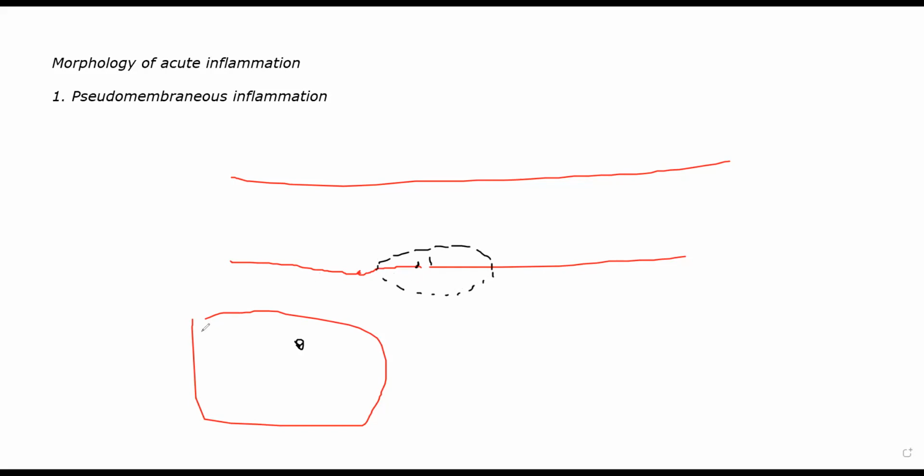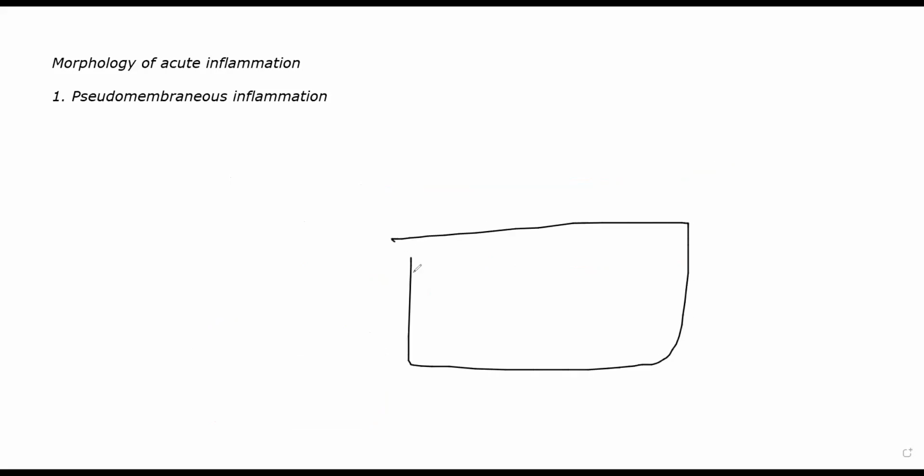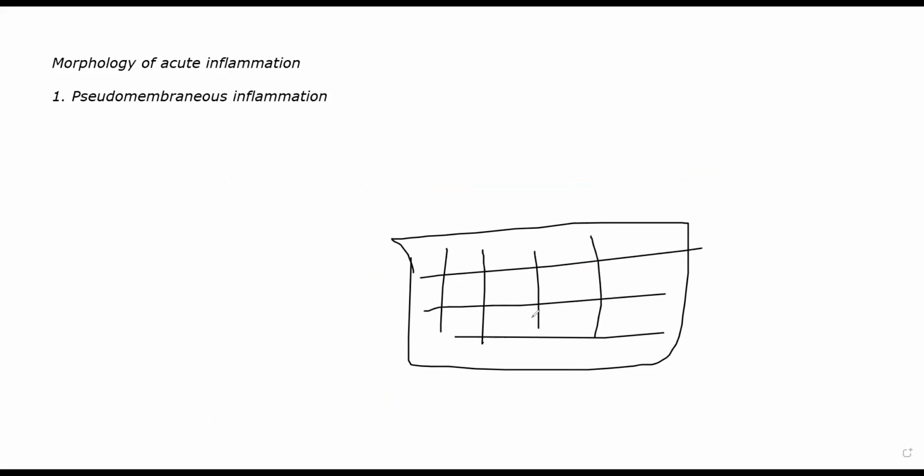Now you can see pseudomembranous inflammation even in tissue space, not just in a blood vessel. I'm giving the blood vessel example here, but it might be easier for you to understand through a tissue. Let's suppose a bacterium came into a tissue, and let's consider this to be the tissue with a lot of cells in it. And one bacterium came and invaded this space like this. Now this bacterium is creating havoc and damaging the wall of the cell it has infected, and it is spreading to other cells as well.